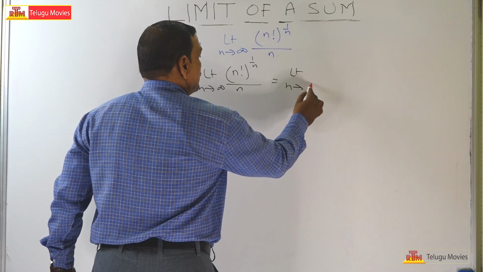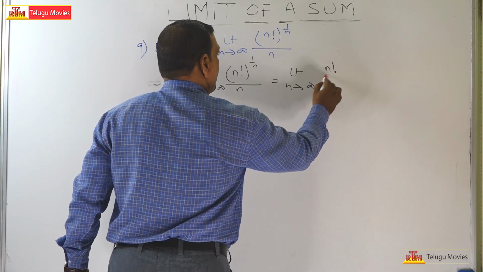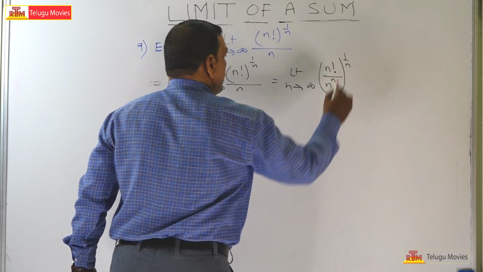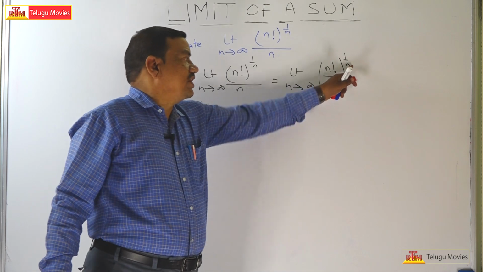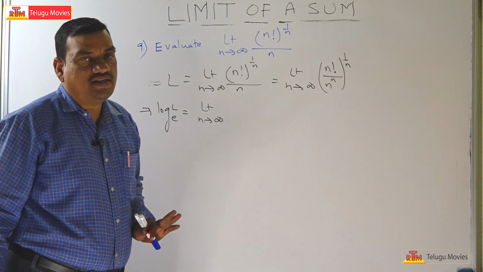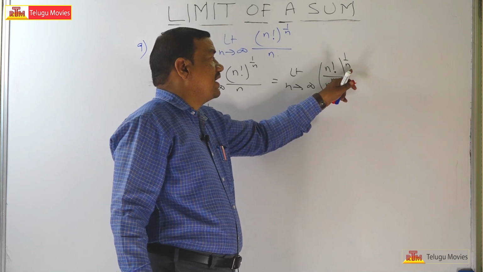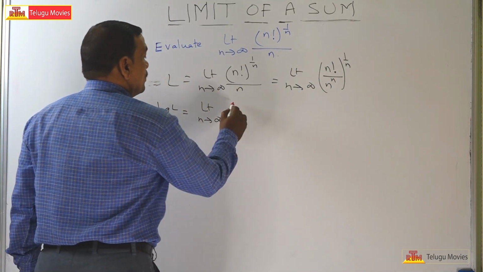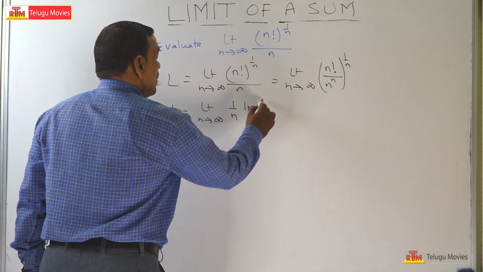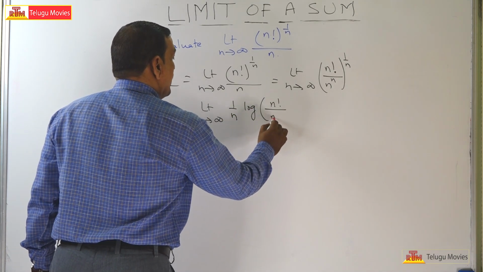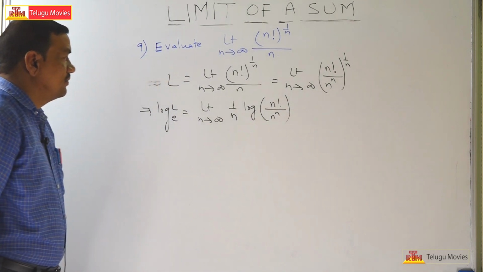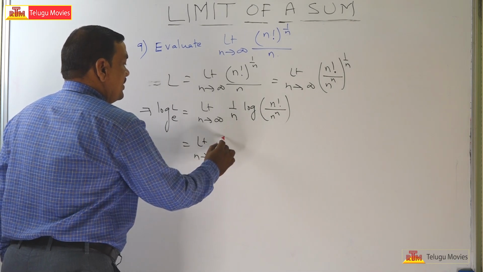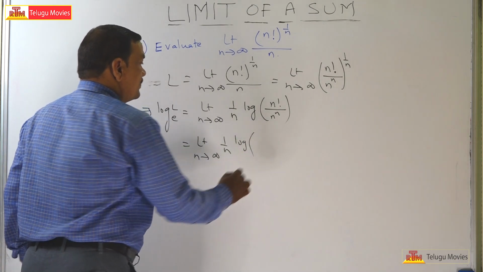Limit n tends to infinity, (n factorial by n power n) whole power 1 by n. Can I write it as so that n will get cancelled, and your n remains the same? Then you can apply this 1 by n as the coefficient. So that is equal to 1 by n into log of n factorial by n power n. Okay now. So this is equal to limit n tends to infinity 1 by n into log of,